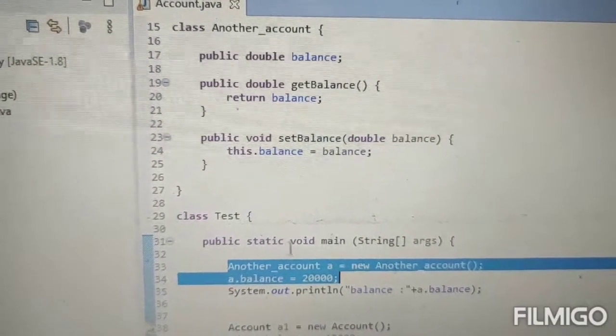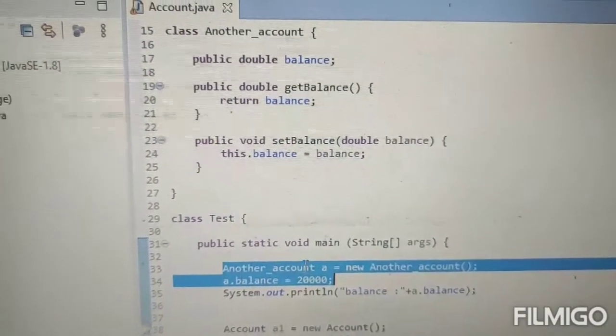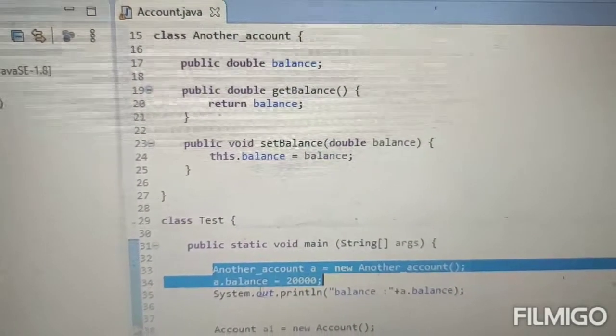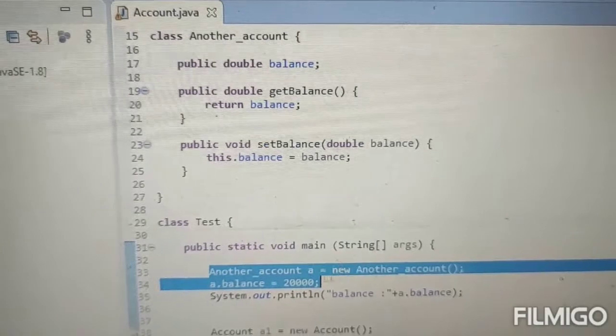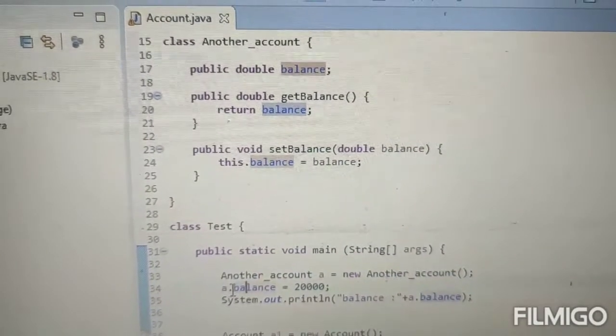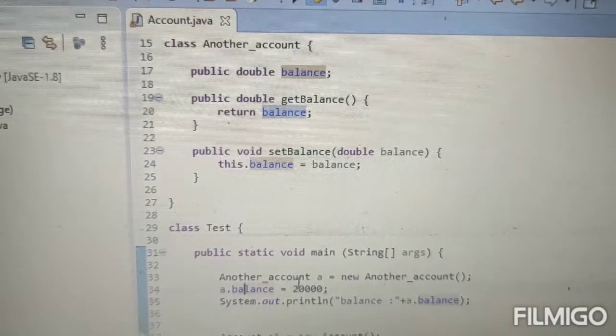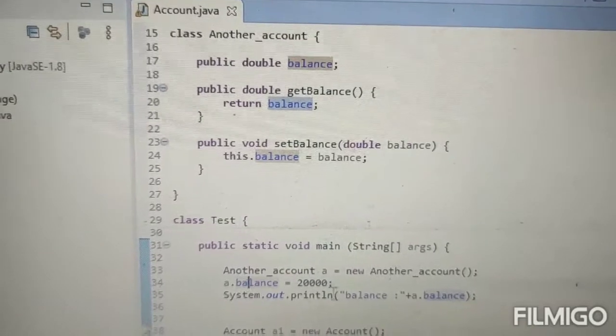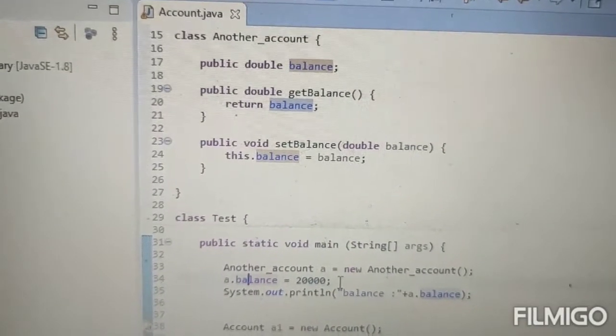Within the main method of class Test, I created the object of AnotherAccount, and directly, by using this object reference, I am setting the balance outside of the AnotherAccount class. This is not the right way.